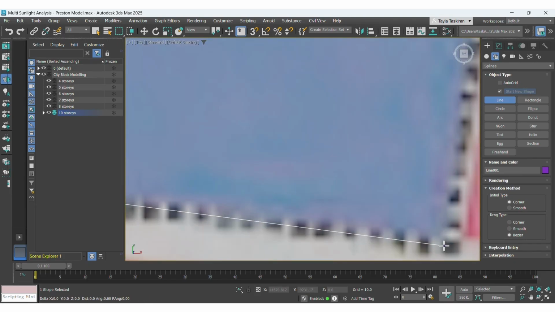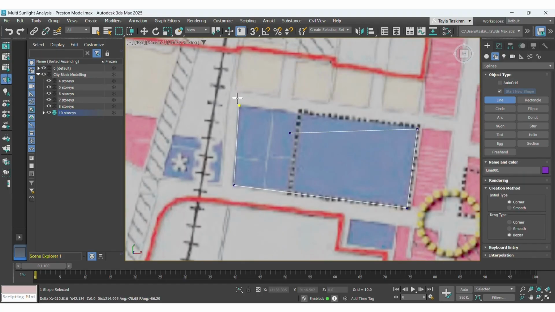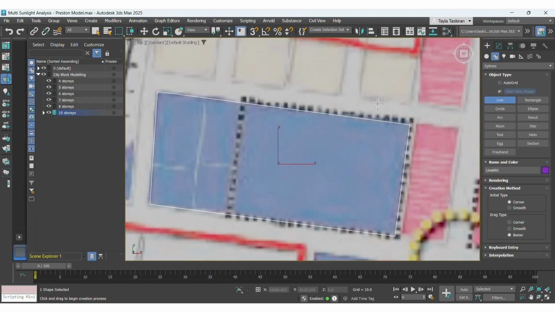this is us actually creating the base floor level for this building envelope. Once we've drawn a line and we click the starting point that we started with, it'll ask us if we want to close this line. We need to press yes in order for it to be a closed polyline. And just also making sure we're under the 10-story layer, just so it keeps our modeling process easier to navigate around. Okay, so once we've drawn our polyline, we are going to go into the modifiers list, which is this